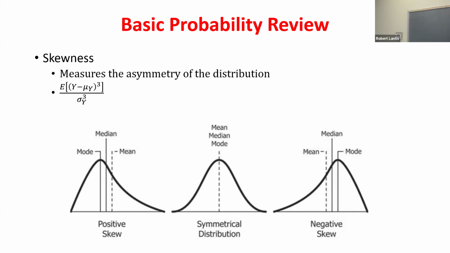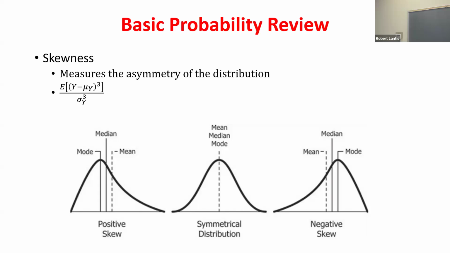I always use the example of income, which tends to have a really long right tail. The majority of us make between 0 and, I don't know, $100,000. That's where probably 90+% of people are in that range. But then you've got Elon Musk, right? So that right tail tends to be really, really far out, but the left side stops at 0. It's not perfect, but anytime you have this kind of long right tail, we think of that as positive or right skewed. We've got extremely large values or extremely large outliers for those right skewed distributions.